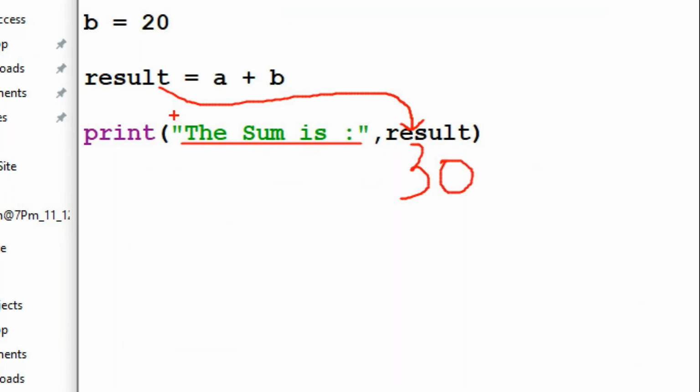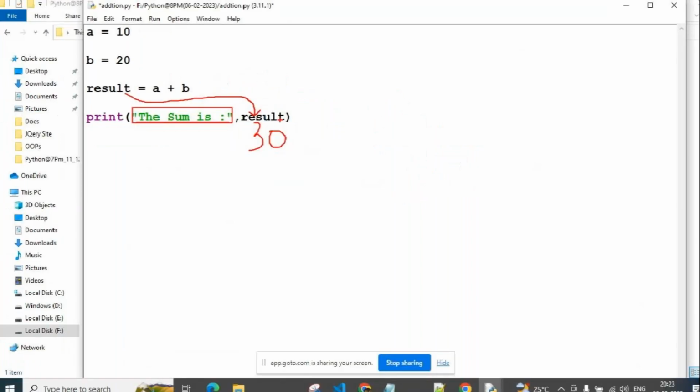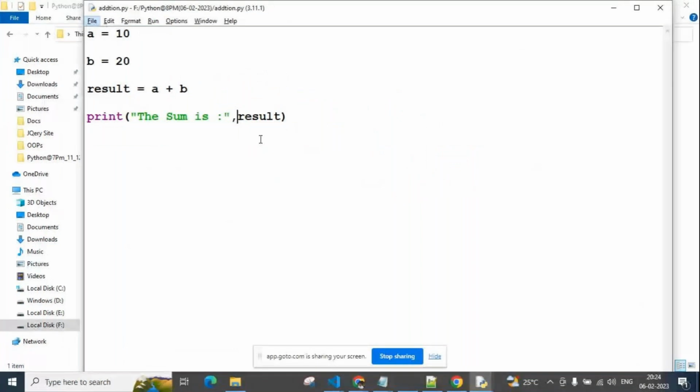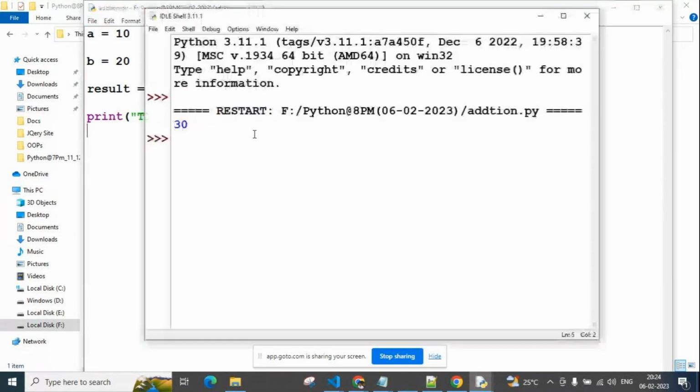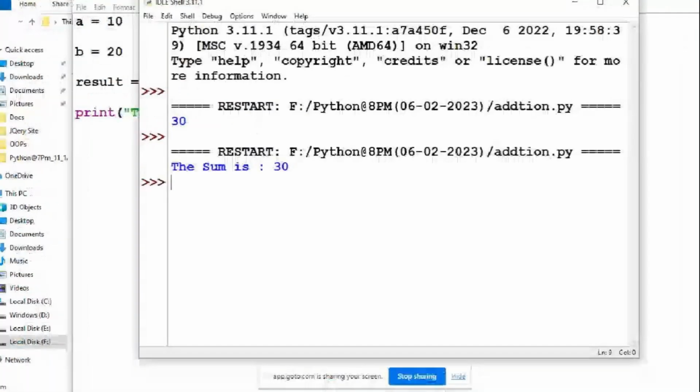Understanding, guys? After this, comma, then your variable name, you can use it. Now save it, and then simply press F5. See, guys, here the sum is 30. We are getting the sum is 30.